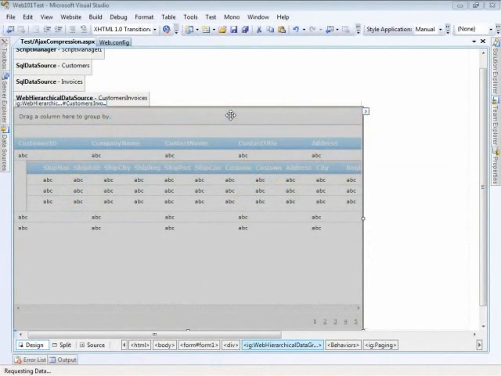Hi, in this video we'll take a look at the AJAX compression feature of the 2010 Volume 1 release of the ASP.NET product. This feature allows you to trim down the response size whenever there's an AJAX callback from the client. This helps you to save bandwidth and the round trip time that it takes for an operation to be